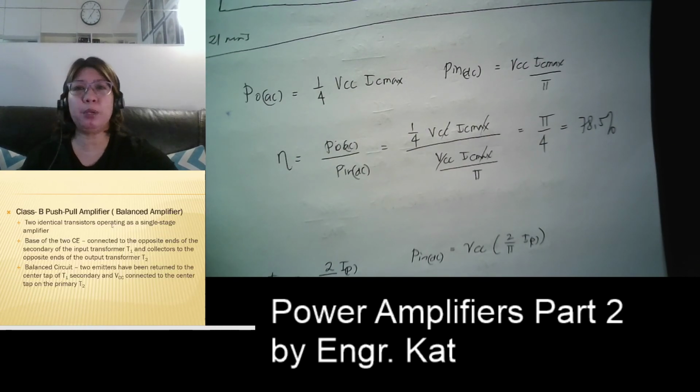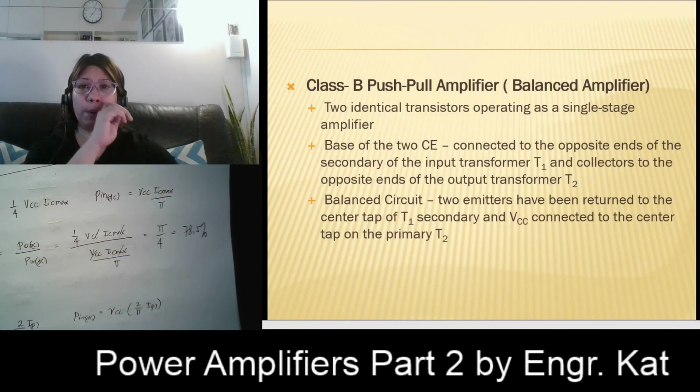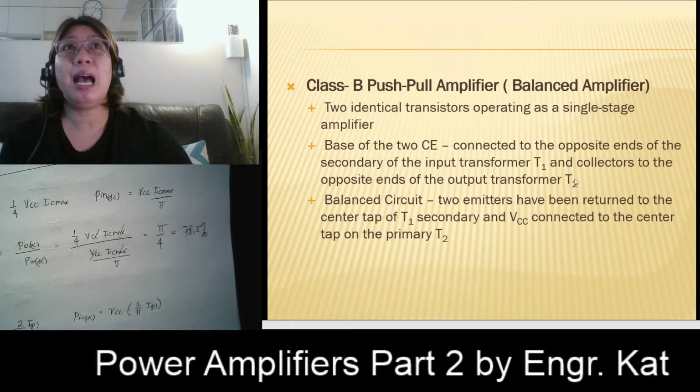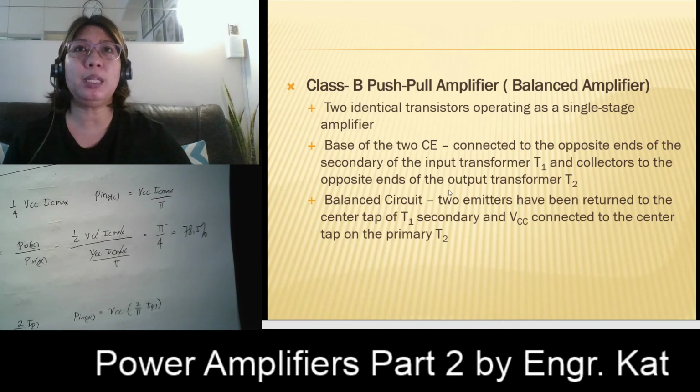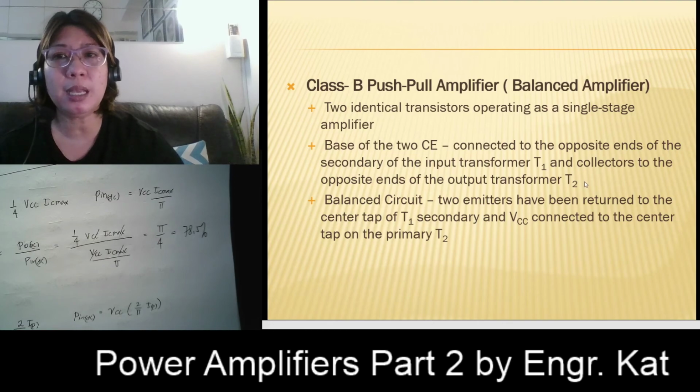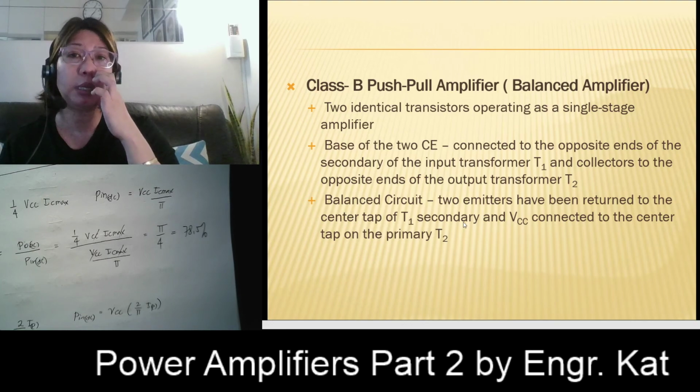A Class B push-pull amplifier, also known as a balanced amplifier, is when we use two identical transistors operating as a single stage amplifier. Again, why didn't we discuss this in compound configuration? It is not included in the compound configuration because, although we make use of two transistor circuits,